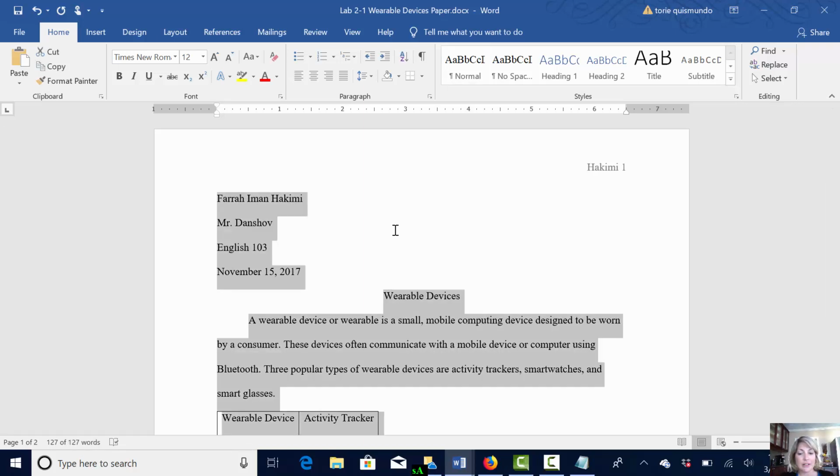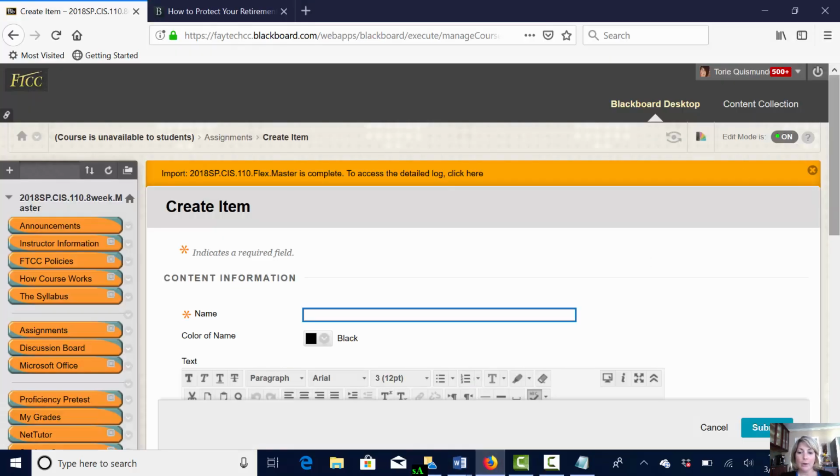I did a Control A there, it selected everything. Control A will select everything, all. And so I selected it, and now I'm going to do a Control C for copy. So I have copied the text in my Word document, and now I'm going to put this as an item into my assignments